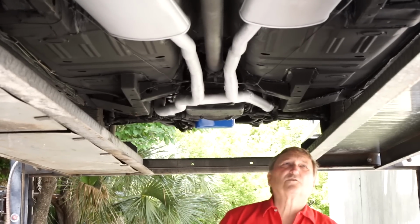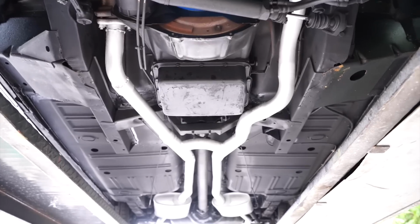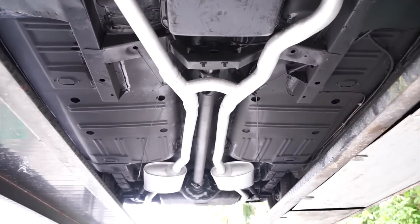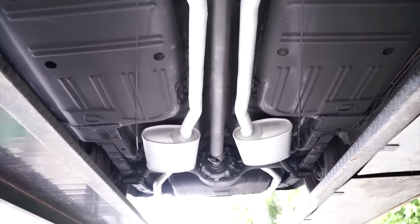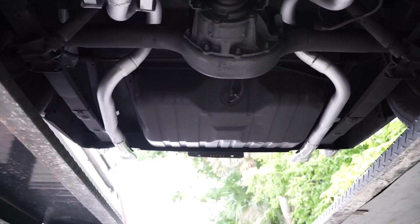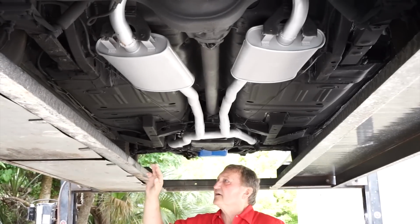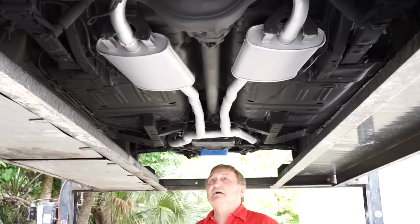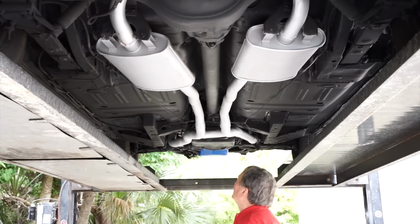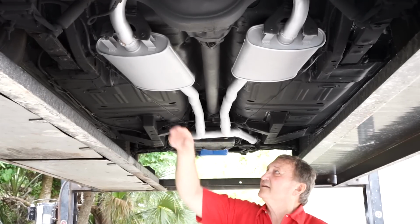I can't tell if these floor pans have been replaced or if they're original. It's hard to see looking up at them here. It looks like they blend in exactly the way they should. At any rate, they don't need any attention. The floor pans in this thing are in as-new condition. They're absolutely spot on. Driveshaft has newer U-joints in the front and in the rear, 9-inch Ford rear end,